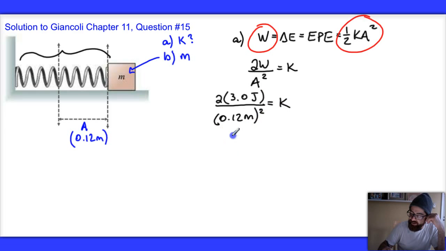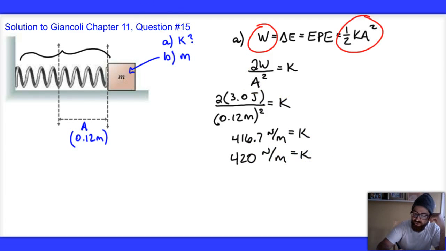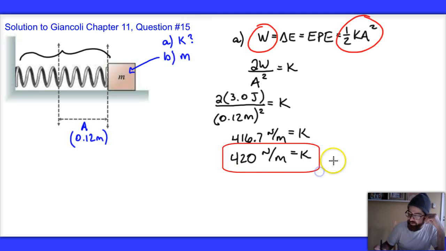When I run that through my calculator, I get 416.7 newtons per meter, being the units for that spring stiffness constant. Truncating for significance, I'll round that to 420 newtons per meter. And so therefore, my answer for part A is 420 newtons per meter, or 4.2 times 10 to the second newtons per meter. Part B asks me to figure out what the mass is, and part B will be solved